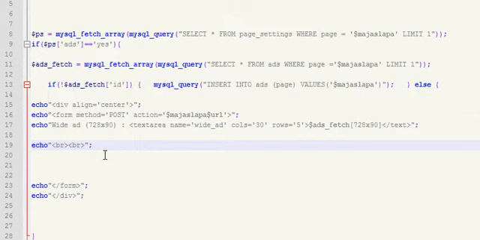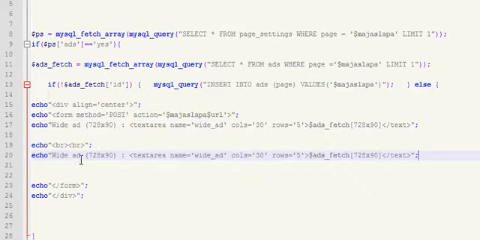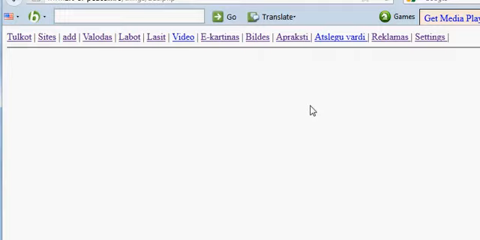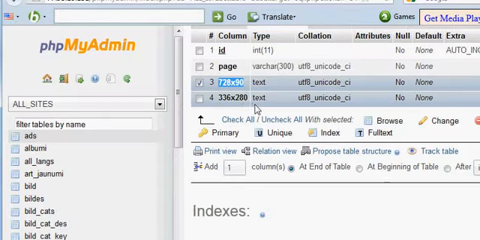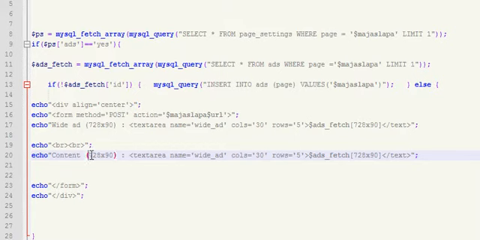Okay, so this is part 2 of AdSense CMS, control management system or something like that. And we made our big ad, so let's continue by making our content ad. This is the wide top ad, so content ad. And content ad was something like 336 by 280. Alright, so content ad is like this,